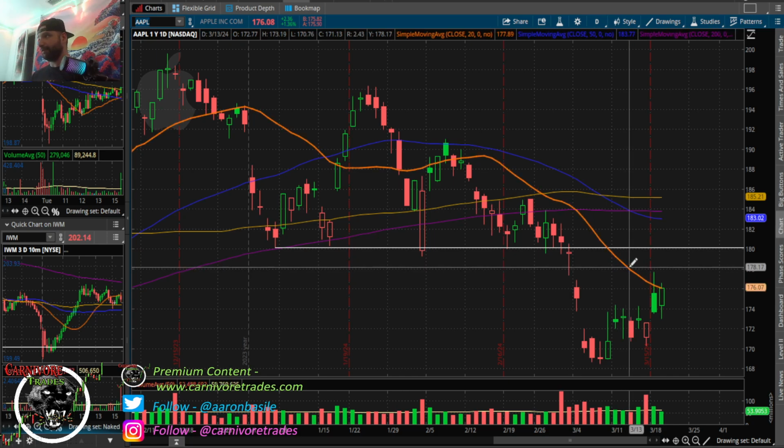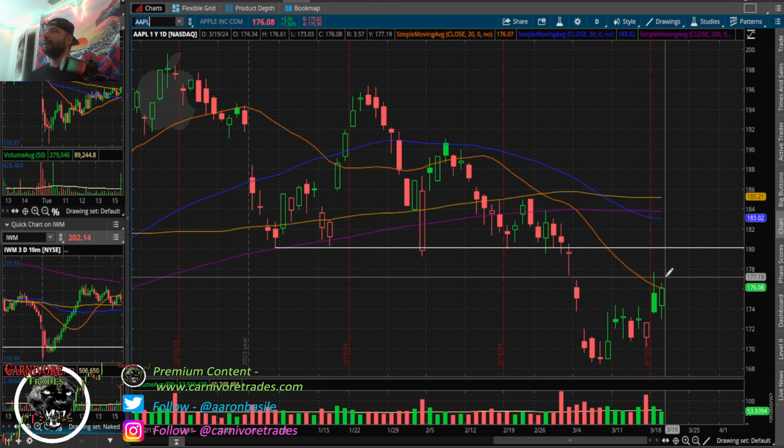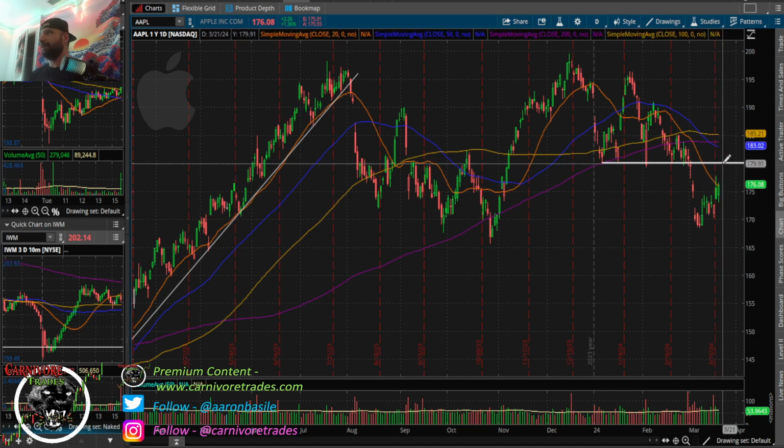See that orange lighting up there in the corner? 176.07 was the close, like literally closed right on top of it. So, there's nothing to say we can't just go back down and get rejected there. But it does have that look like it wants to push back up. You can even see,